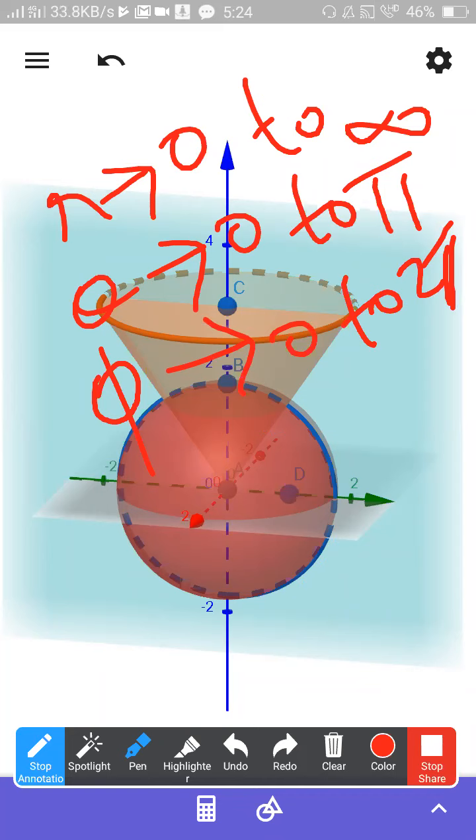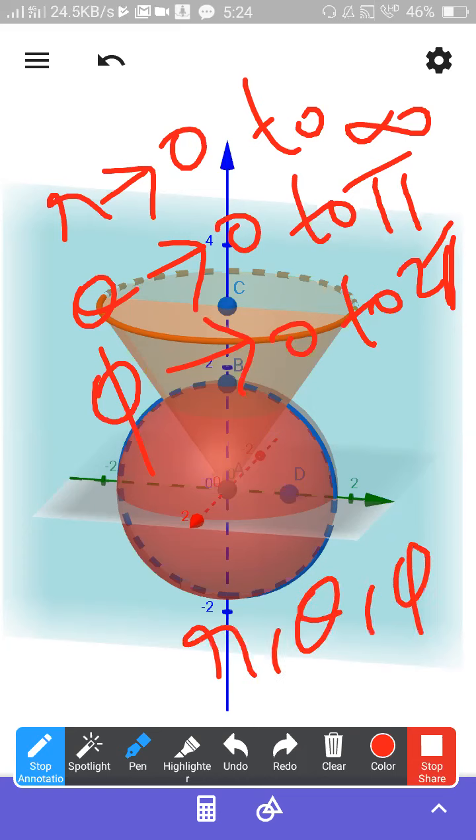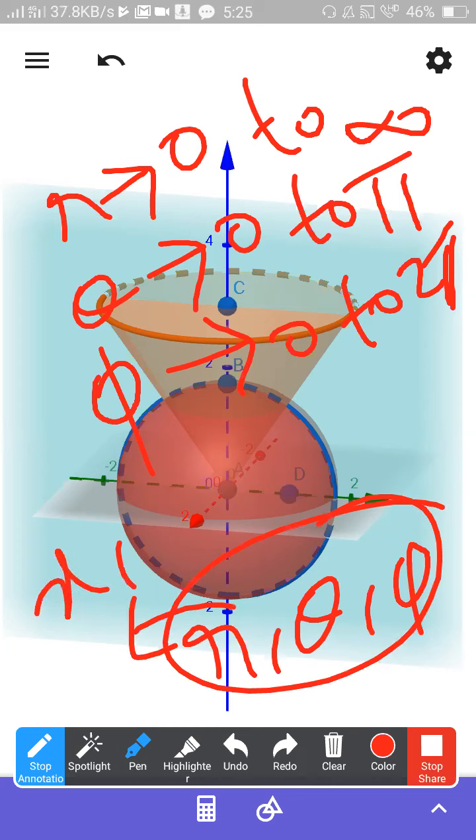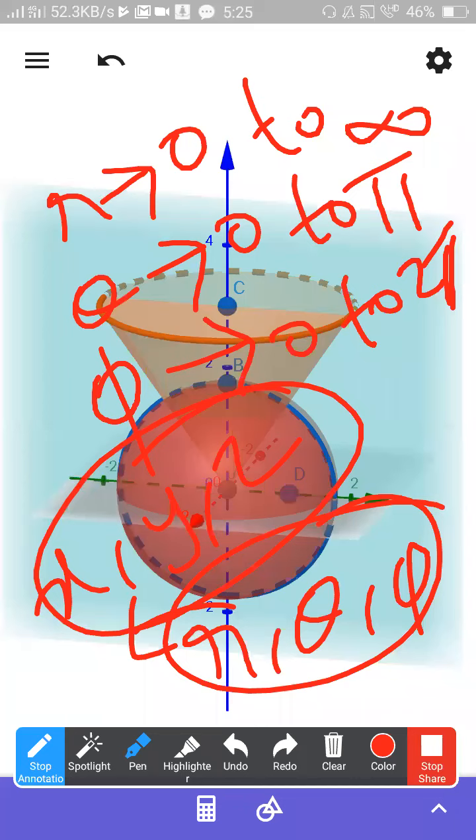This is the idea. Now I am going to explain the relation between this system and the regular rectangular coordinate system. r, theta, phi, I am going to relate with X, Y, Z. In cylindrical also we have done that. Similarly here in the spherical system I am going to relate r, theta, phi with X, Y, Z. Please be careful, this is a little bit tricky. Still I will try to explain this.